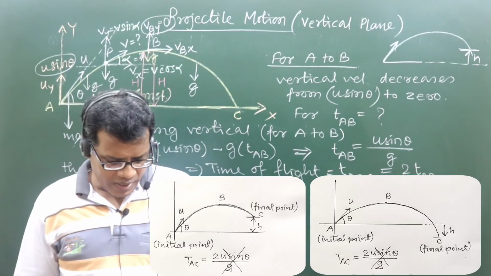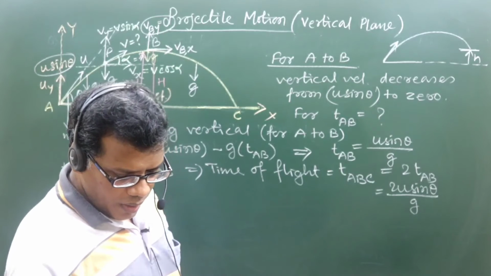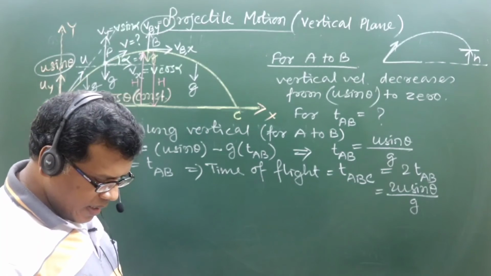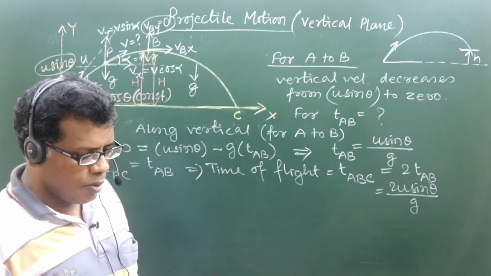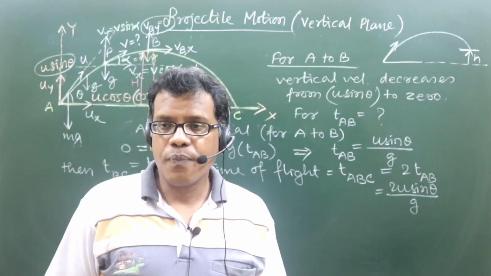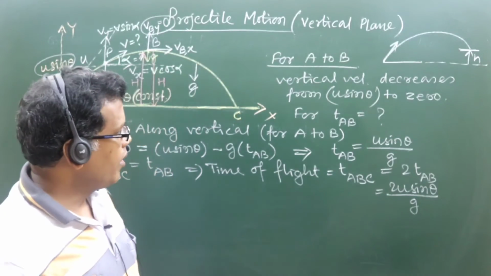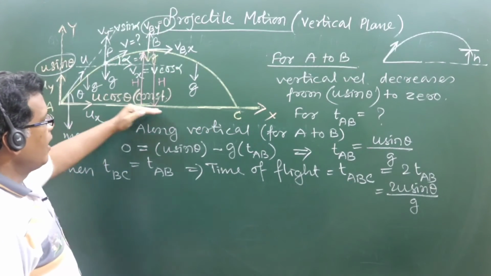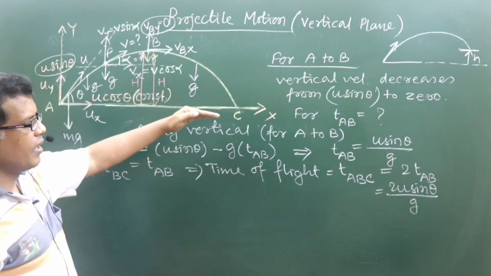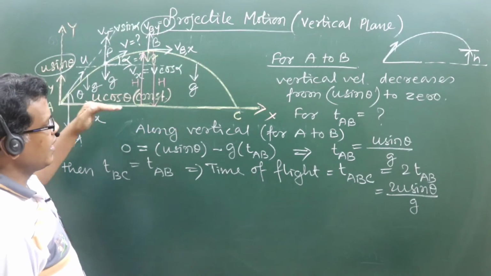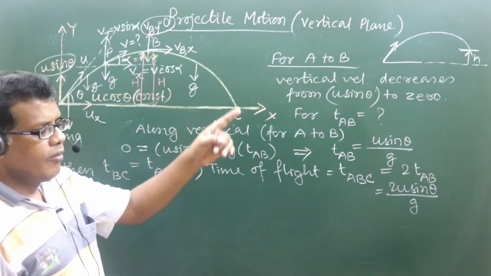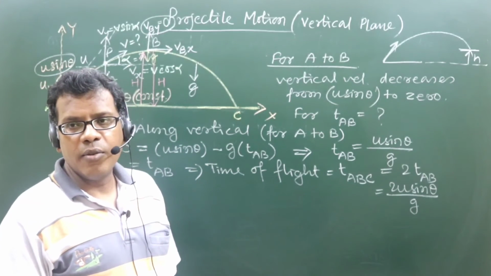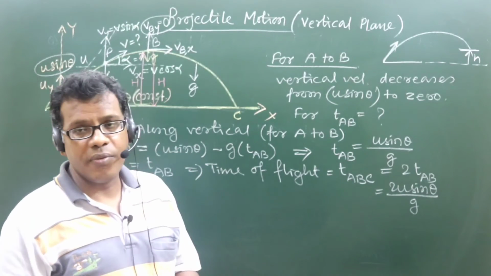There is a very common mistake that students make in their problem solving, that they consider time of flight always as 2u sin theta by g. So the answer is no. Is it clear? It is only applicable when we are discussing the projectile up to the final point appearing on the same level as that of the initial point. Whenever A and C, initial and final points, have a vertical gap or vertical separation like that, then the time of flight formula will be something different.